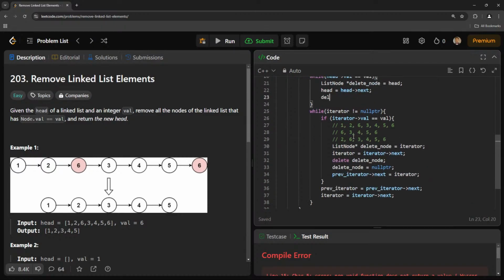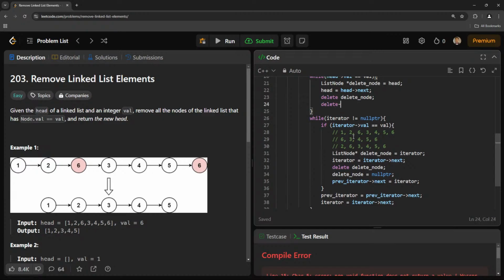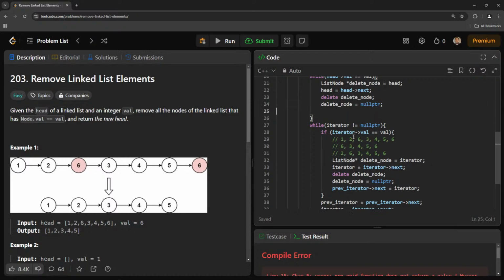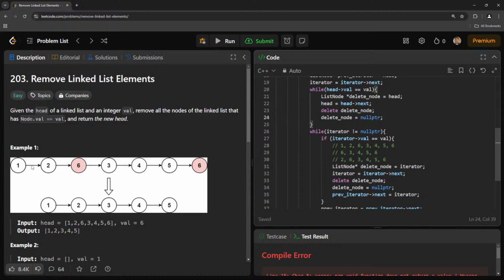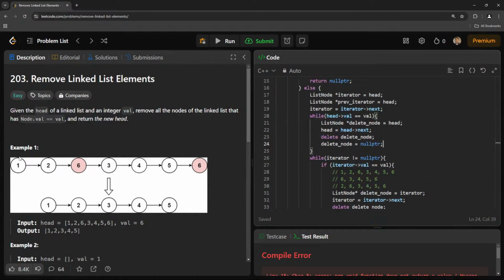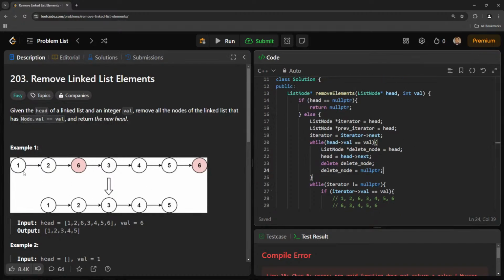So this will get rid of all the first ones, because head needs to point to something,